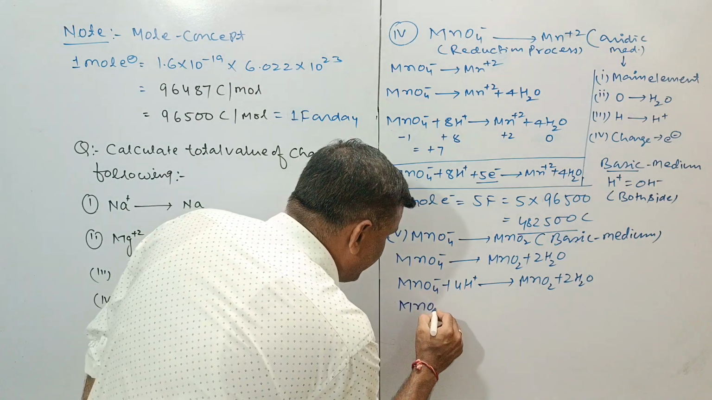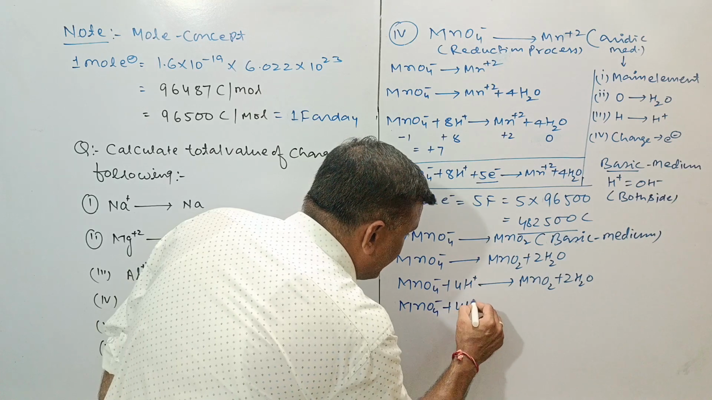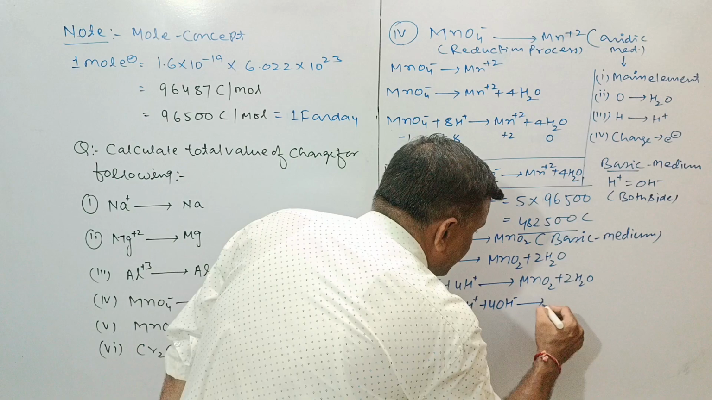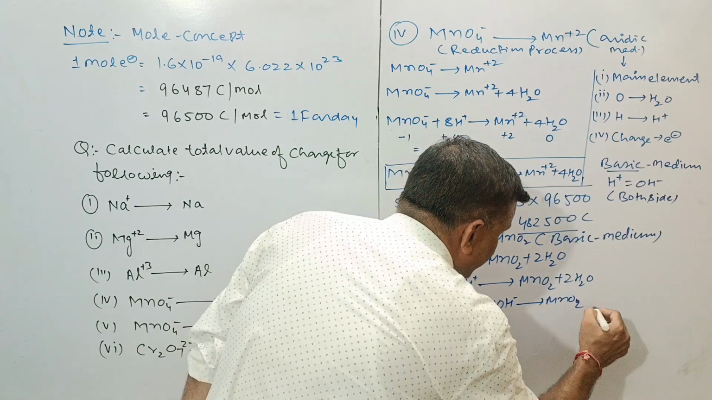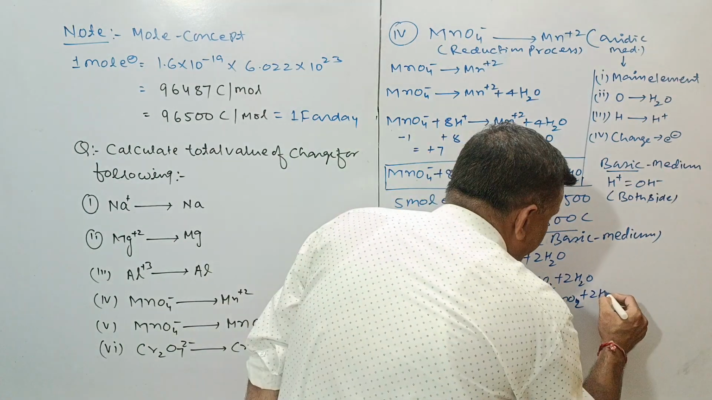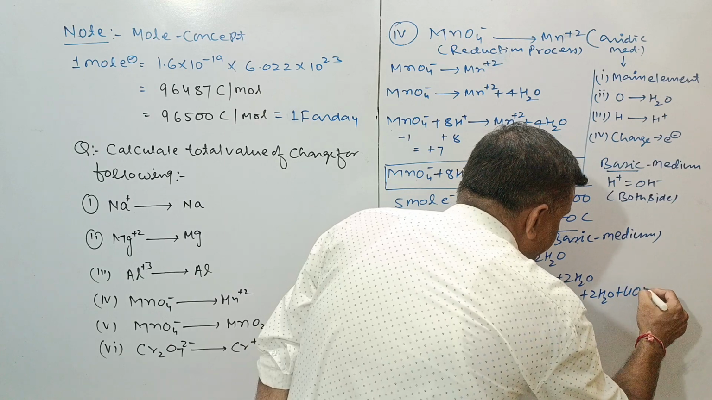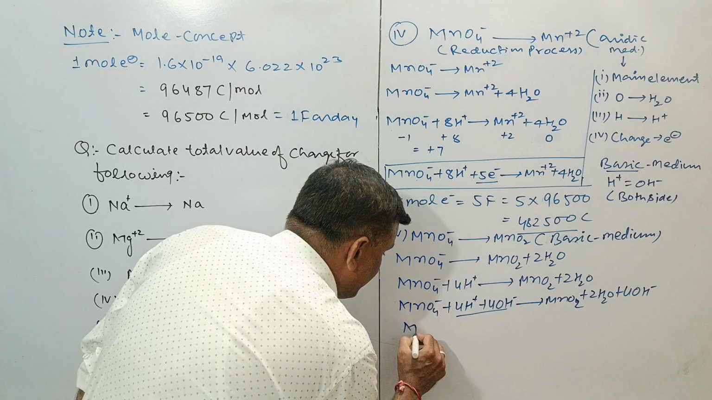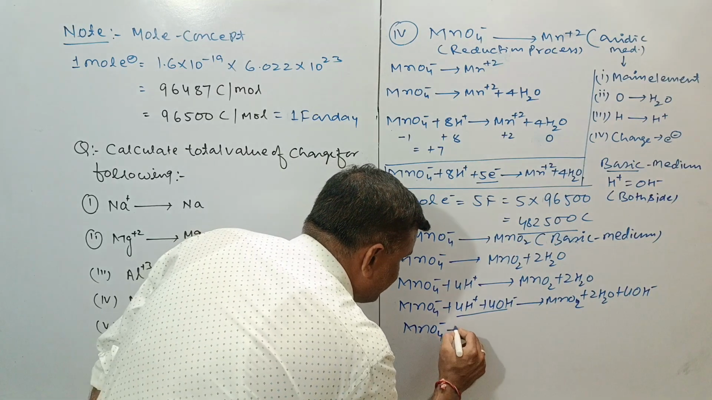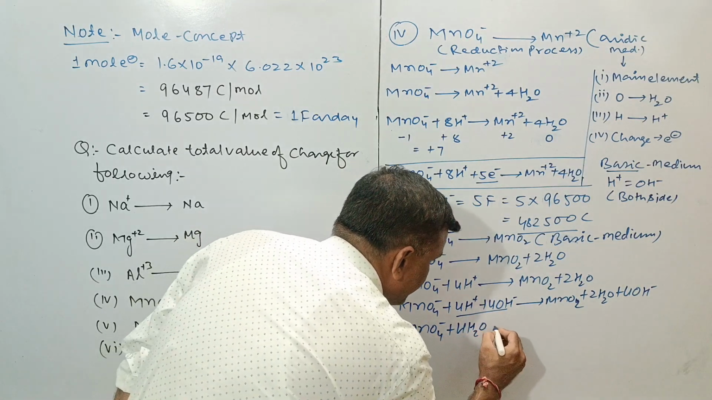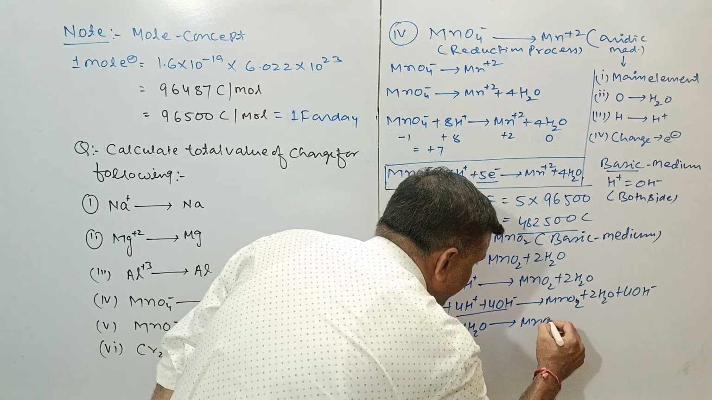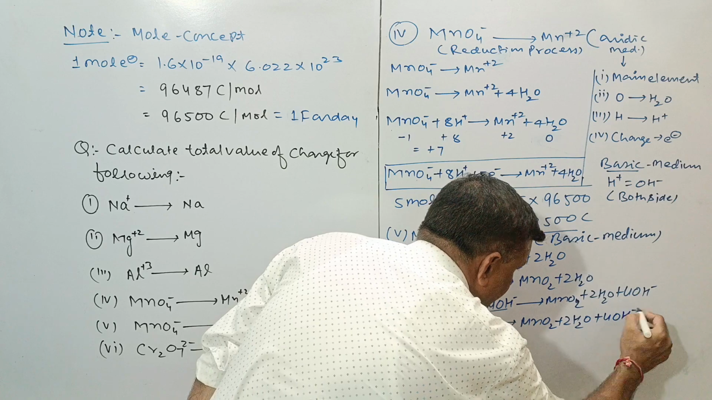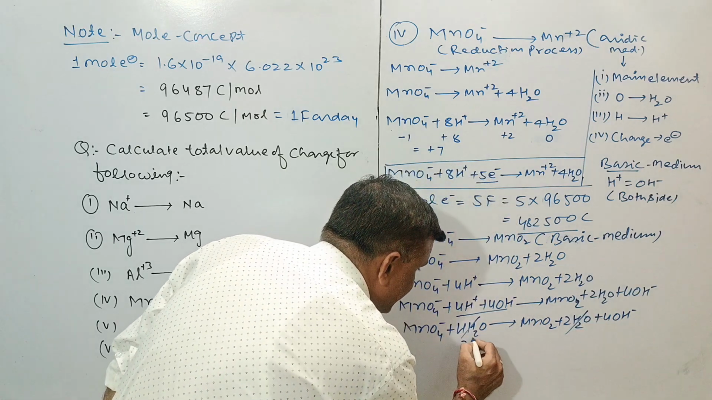So this is the MnO4 minus, this is the 4 of H plus, and this is the 4 of OH minus, this is the MnO2, this is the 2 of H2O, and this is your 4 of OH minus. Here these two remain as a water molecule. So MnO4 minus plus 4 of H2O gives you MnO2 plus 2 of H2O plus 4 of OH minus. These remain cancelled. Here we will get 2 of